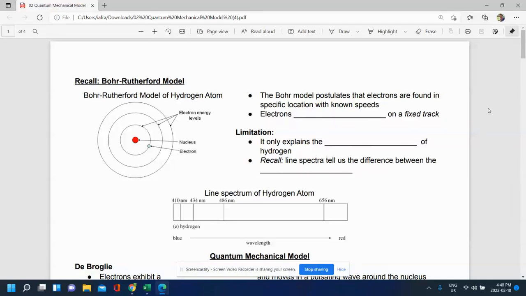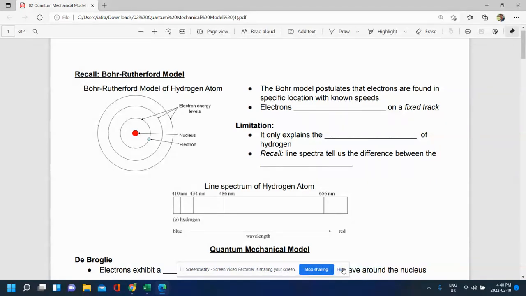In this video, we're going to see an introduction to the quantum mechanical model of the atom based on Schrodinger and a few other scientists. We're going to take a look at the orbitals and their shapes and their characteristics before we jump into quantum numbers. So as a quick recap, remember we ended off by taking a look at Bohr's model